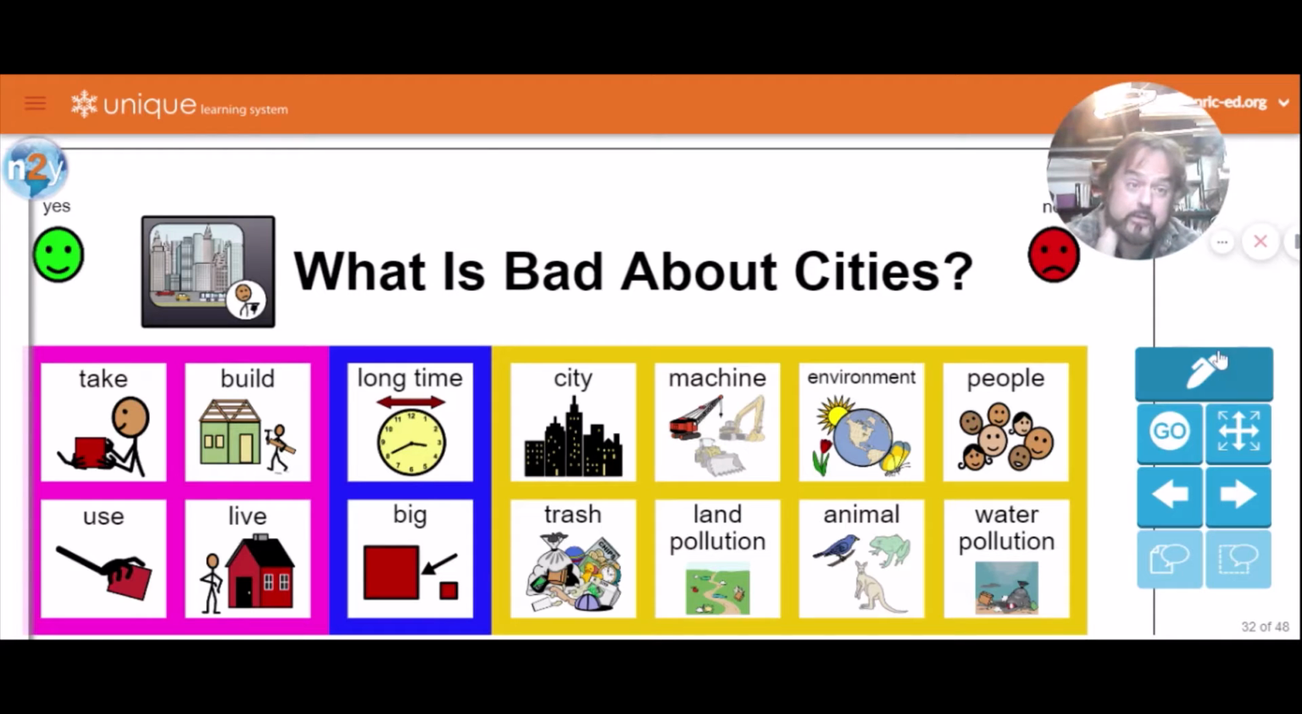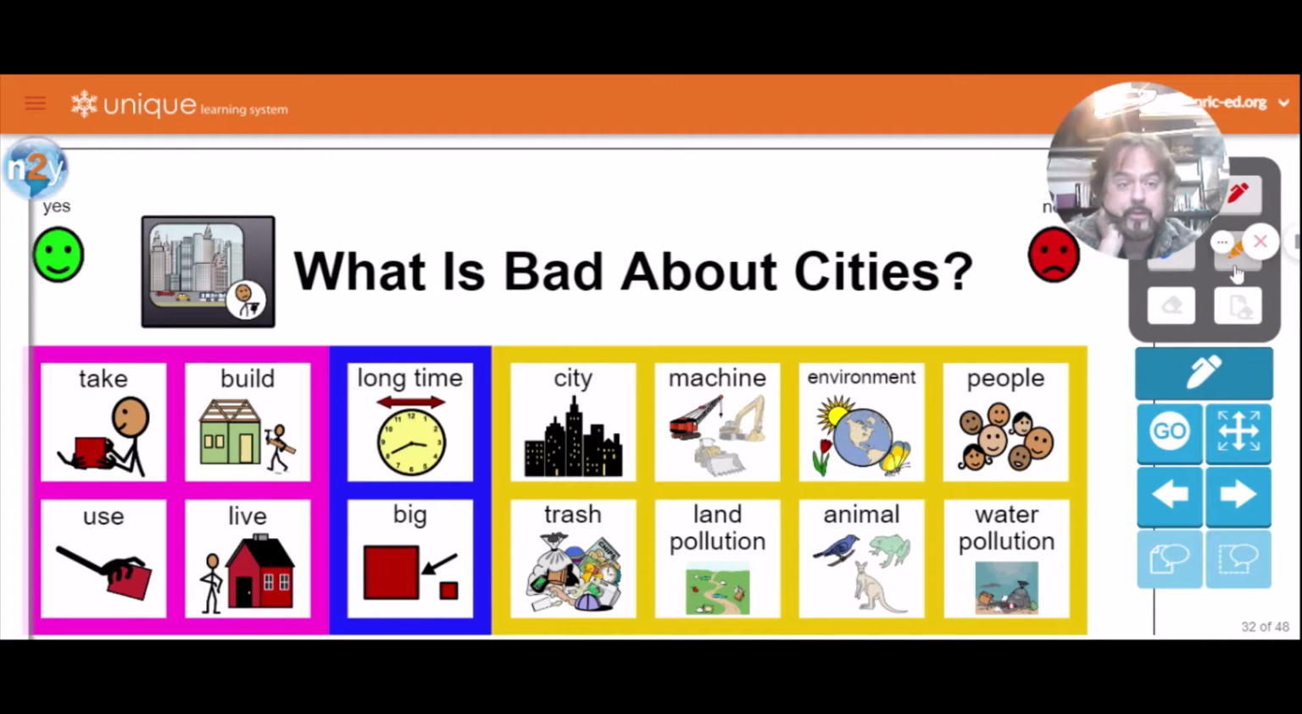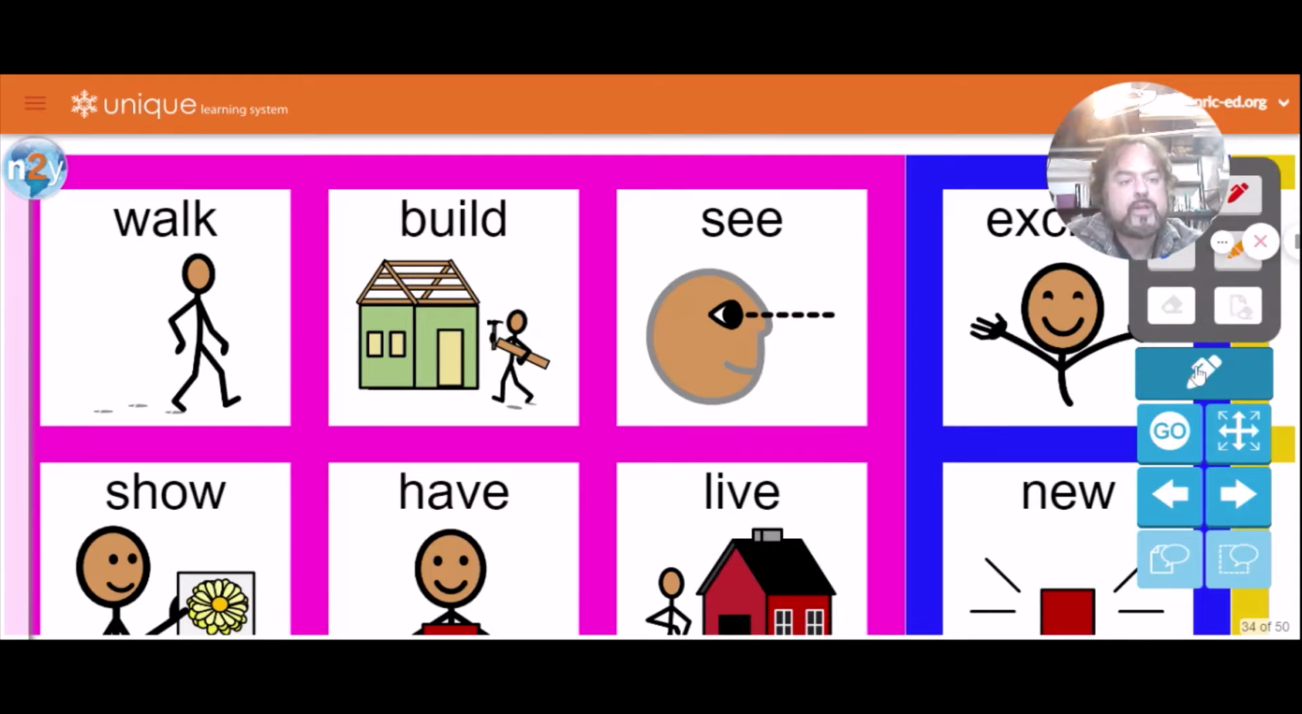Yesterday we talked about what is good about cities. Today we are talking about what is bad about cities. Okay, what is bad about cities? All right, so we're going to go over the topic words. Okay, the first topic word,